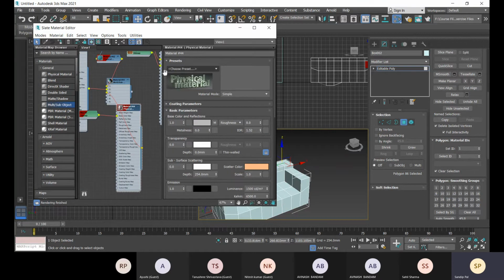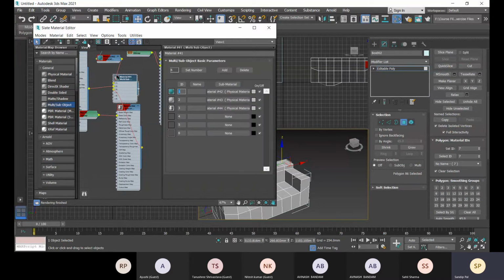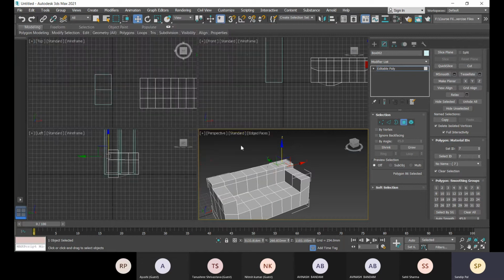Okay, so now let's assign with this three. So go to select, and there you can mention. Okay, and that is show shaded material, it should be selected, so that you see this is right now selected. Okay, so let me check with that.